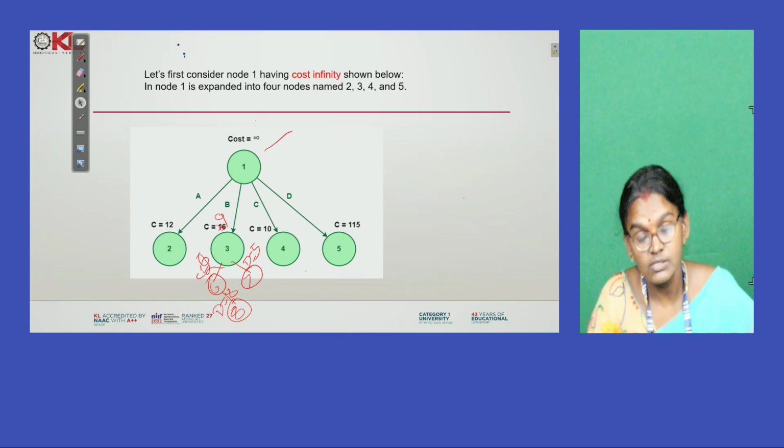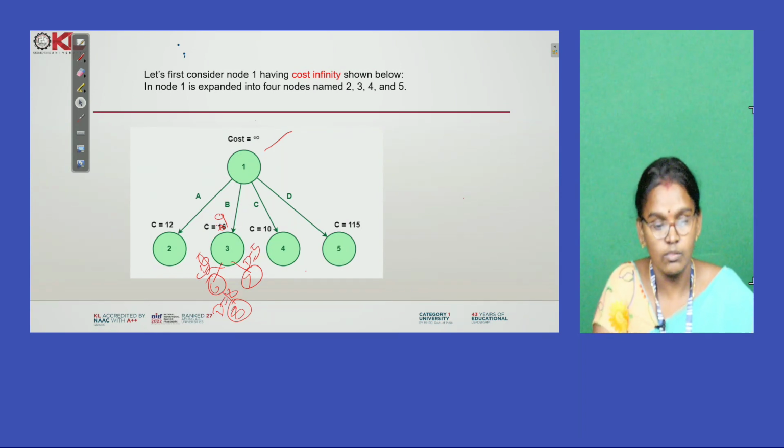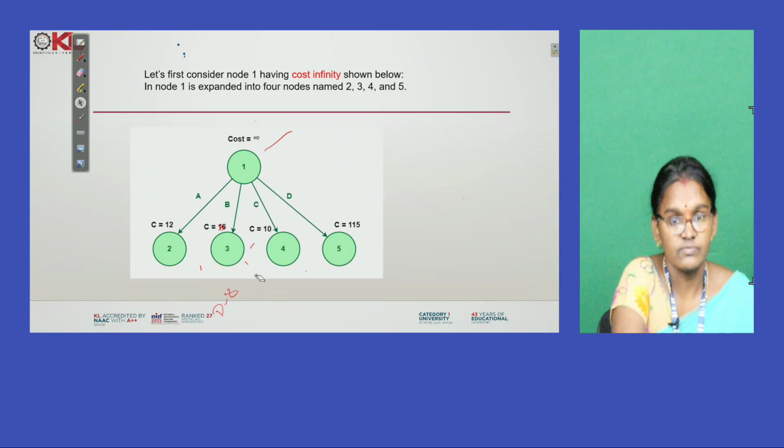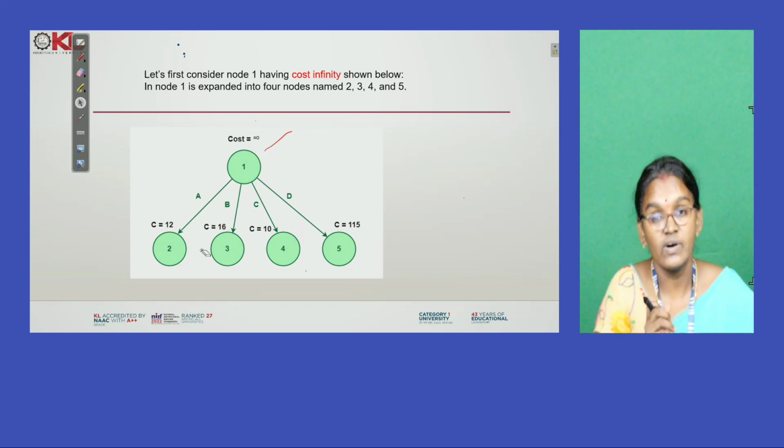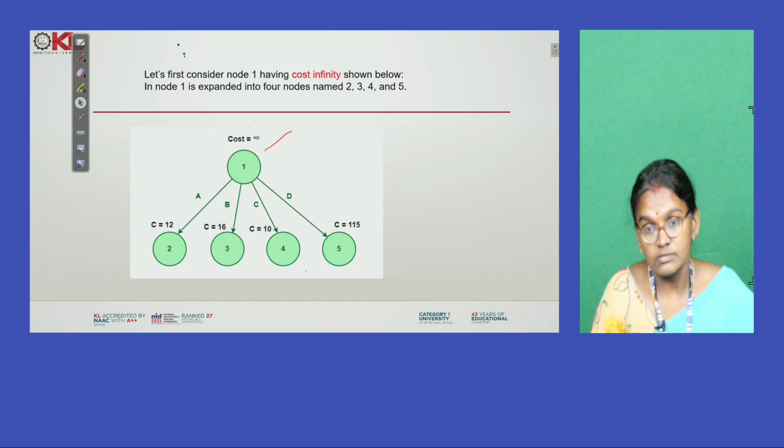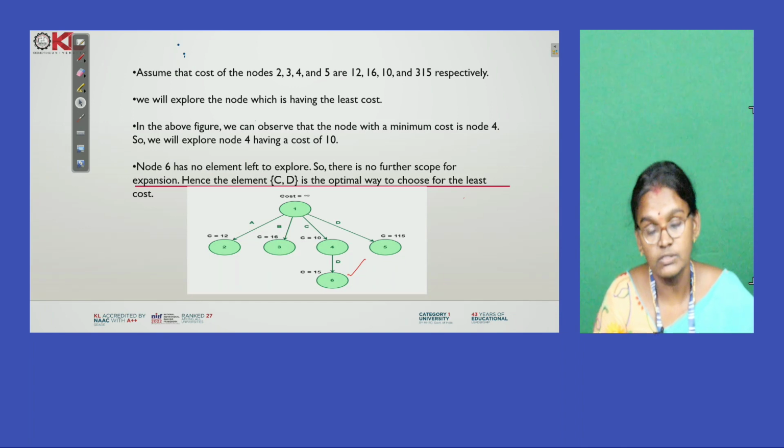So based upon this, the main aim of least cost search is to find the least cost of all those things. This is the main aim of the least cost search. First find the least cost search node, then based upon that check whether there are possibilities of searching or not. So here the fourth node is the least cost node, then based upon that the extension is possible. In this, D is none. So now let's explore the scope of the